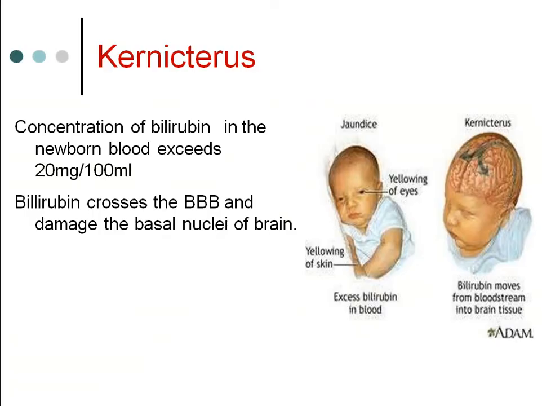Serum bilirubin keeps on increasing in these babies. As I said, in case the concentration of serum bilirubin is more than 20 milligram per 100 ml, then this crosses the brain. As you see, from the blood circulation it comes into the brain, what is known as kernicterus. And you will find the baby is jaundiced, the eyes are all